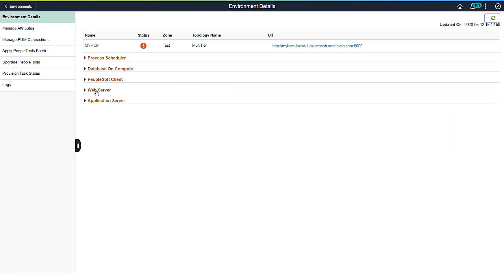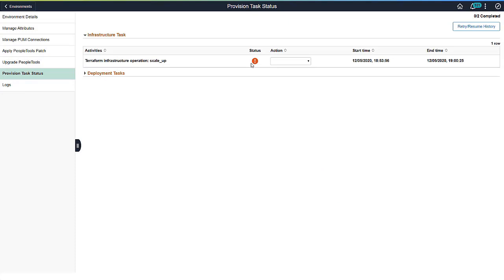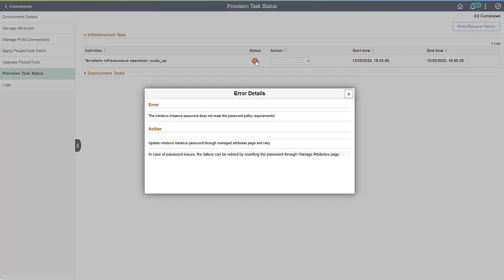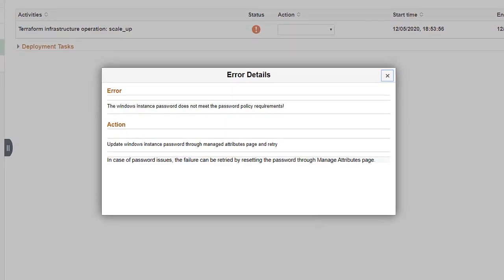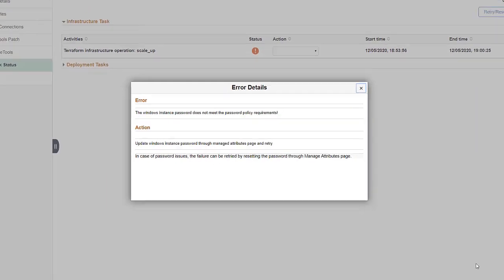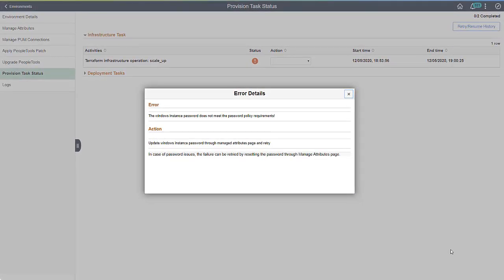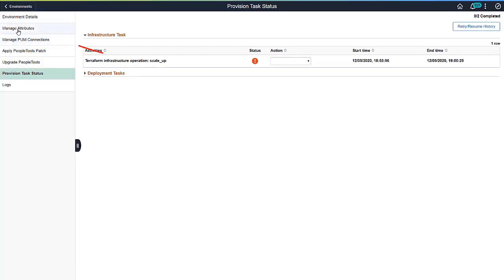Open the Details page and check the provisioning status. When you click the Failed icon, a message displays explaining the failure. In this case, the Windows instance password is not valid. Many of the fields on the Create Environment page are validated upon entry. However, the Windows password may have different criteria on different images and is not validated upon entry. Use the Manage Attributes page to correct the password